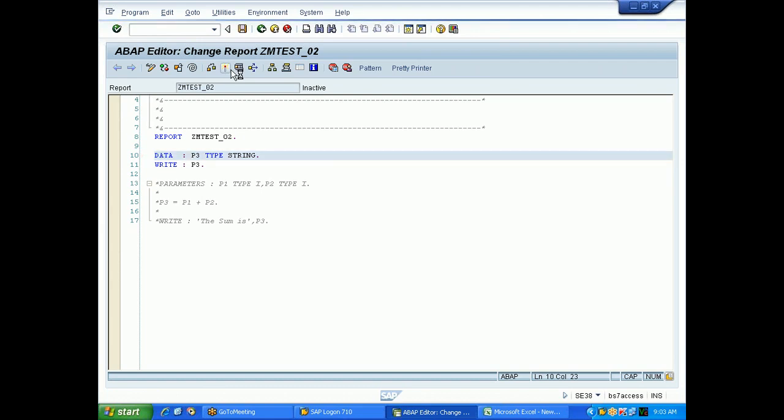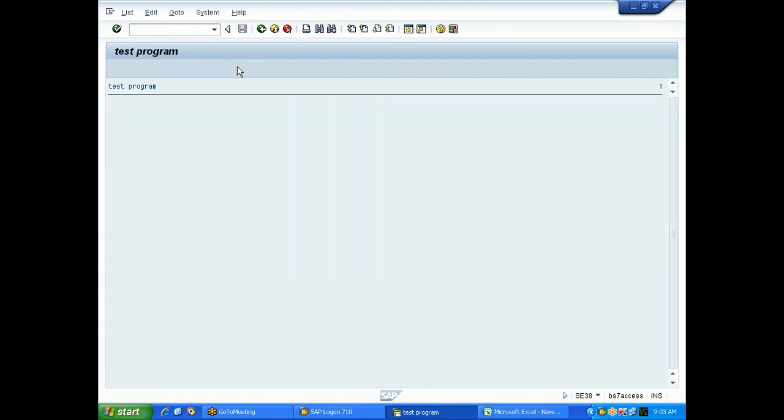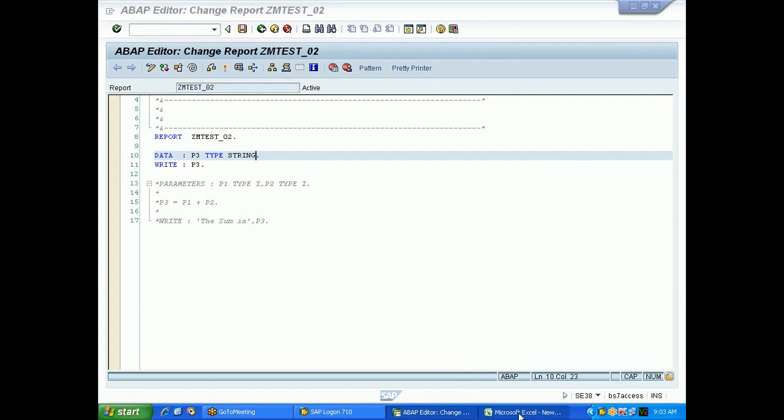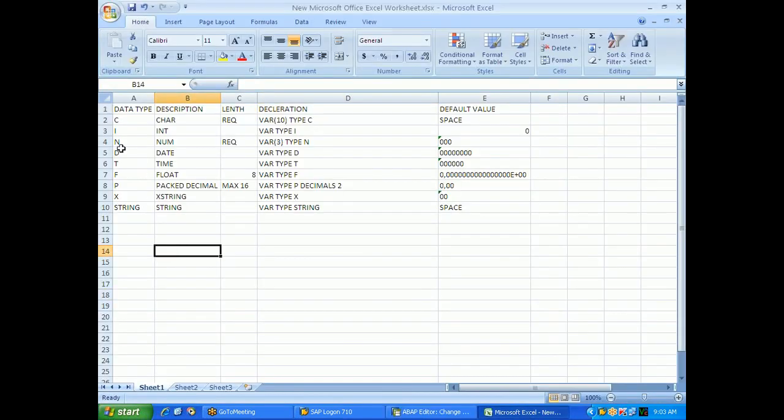String, XSTRING, P and all, we cannot give in the parameters. So the default value is space. Fine, so these are the predefined length data types.